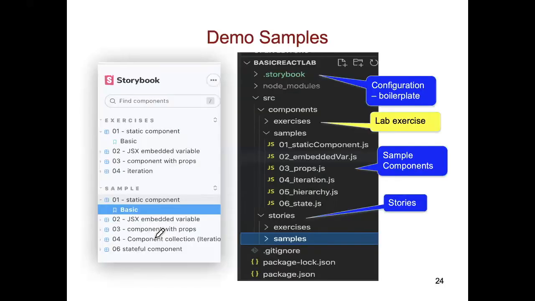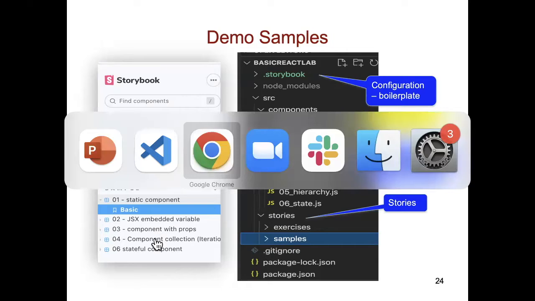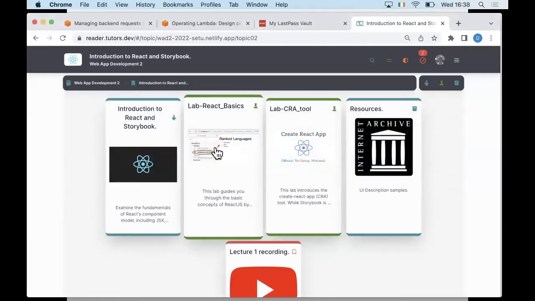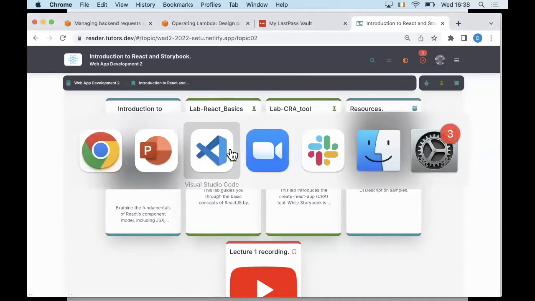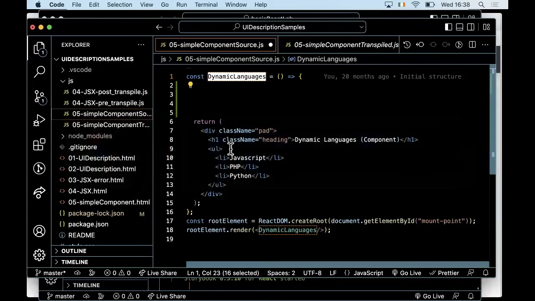That's Storybook, but the reason I'm talking about Storybook is because I'm using that as the vehicle for explaining some more basic aspects of components. And I'm going to explain this by using sample code. Now, the sample code comes with this lab here. It's an archive that you download and unzip and import into VS Code. And when you do that, what you will get is